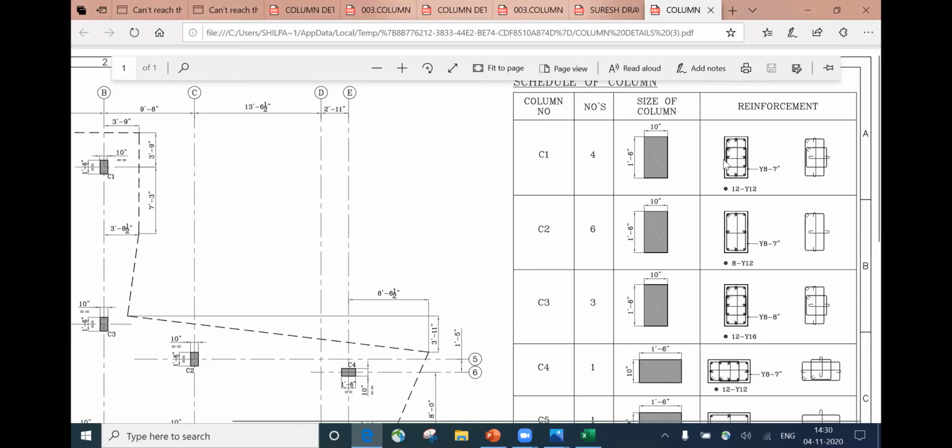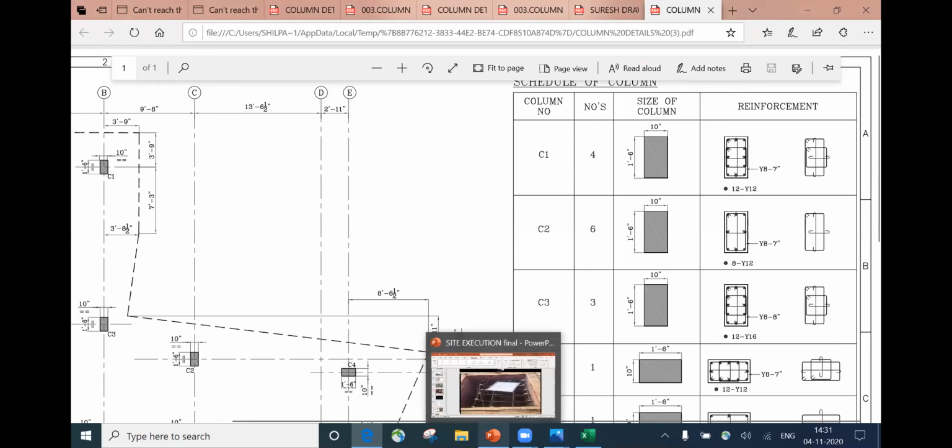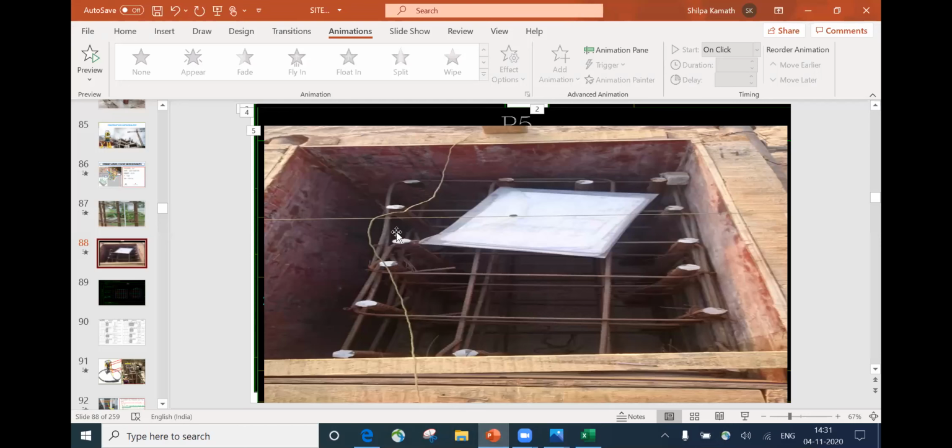So in this length, that is in 1 feet 6 inches length, this vertical you have to provide 1, 2, 3, 4, 5 bars. Again 1, 2, 3, 4, 5 bars, and 2 bars at the center. The same thing was mentioned here. Same thing 1, 2, 3, 4, 5, 6, and 1, 2, 3, 4, 5, 6. But here they have provided two more bars extra.